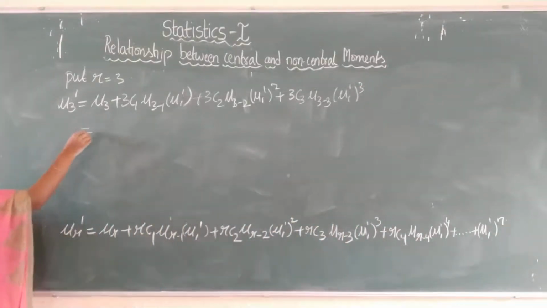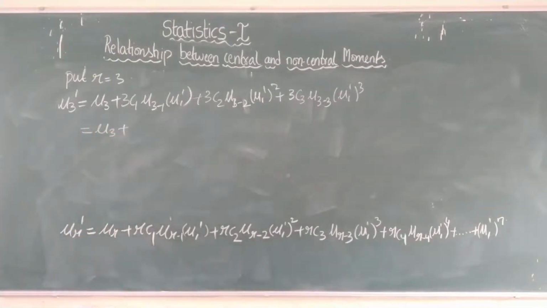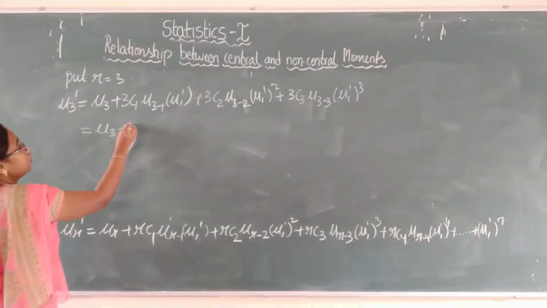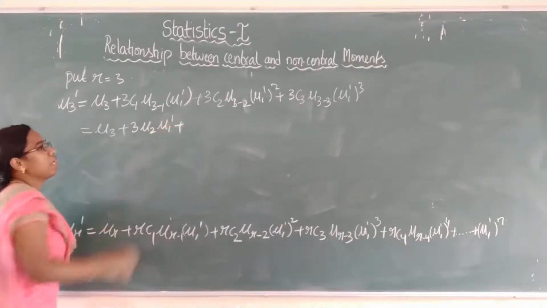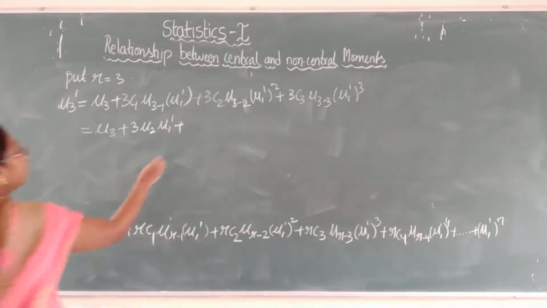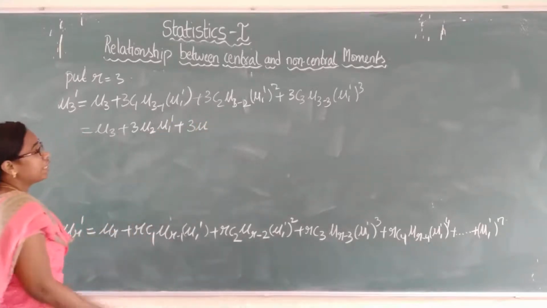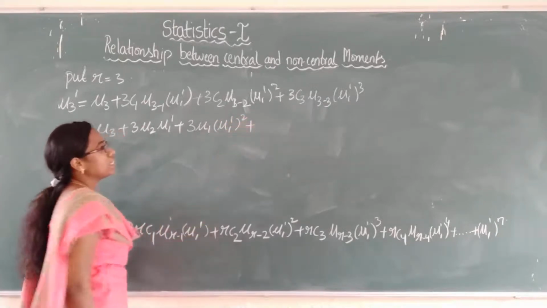This is equals to first mu3 plus 3c1. What is 3c1? nC1 value will be always n, into that, sorry, 3 into mu3 minus 1 is mu2, into mu1 dash, plus what is 3c2 value? 3c2 value is 3 itself. Mu3 minus 2 is mu1, into mu1 dash square, plus 3c3 value